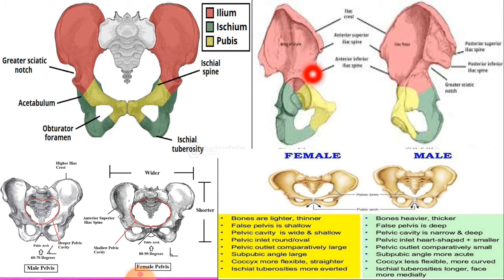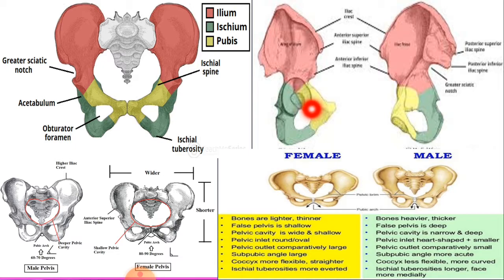Next, we will talk about the pubis, and the pubis is the anterior part of the innominate bone, and it articulates with the pubis of the other bone, and this is what they form. We call it the pubic symphysis or the symphysis pubis, and this is a cartilaginous joint. So the pubic bones of both innominate bones are forming a joint anteriorly, and we are calling it the pubic symphysis or symphysis pubis.